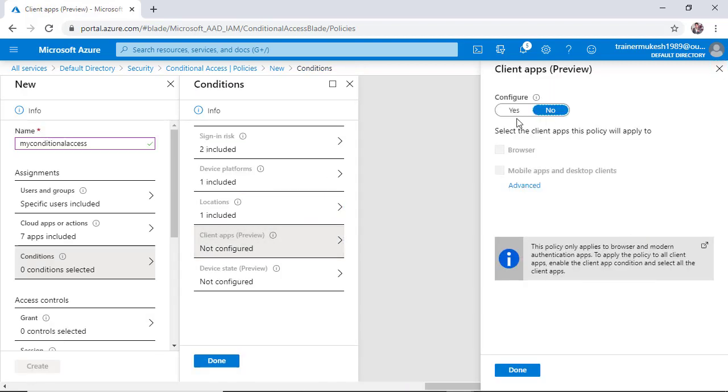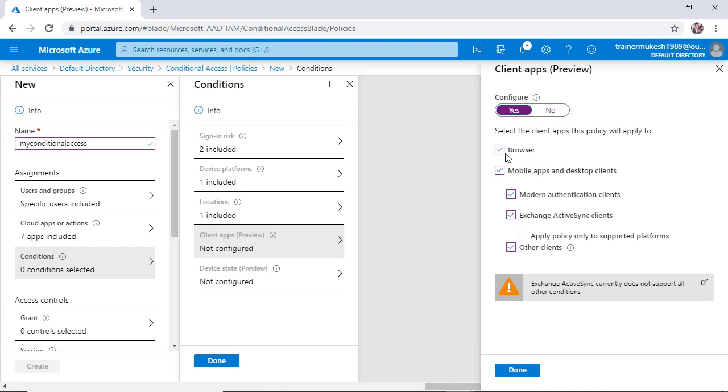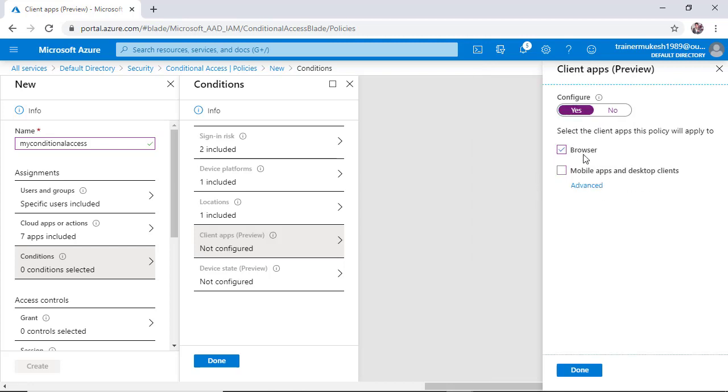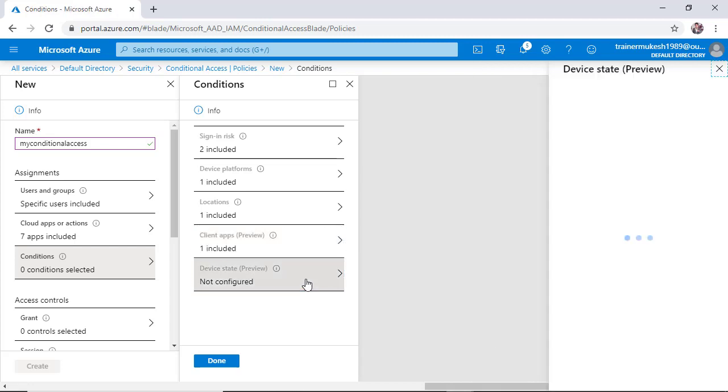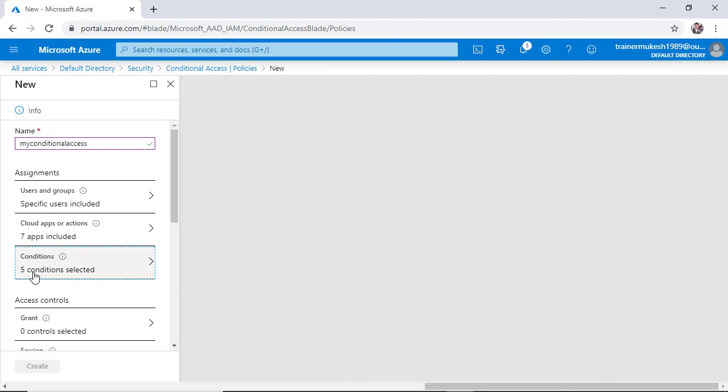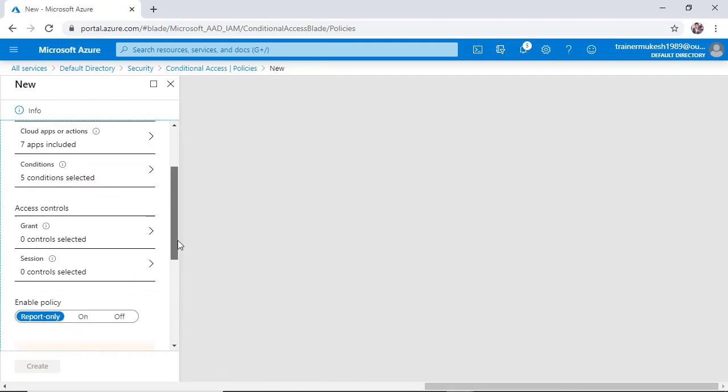Client apps: yes, he should access from the browsers only and no mobile apps. Okay, it depends on you. You can select all of them or few of them as per your company's environment or policy. Device state, yes, done, done. So there are 5 conditions that have been selected.